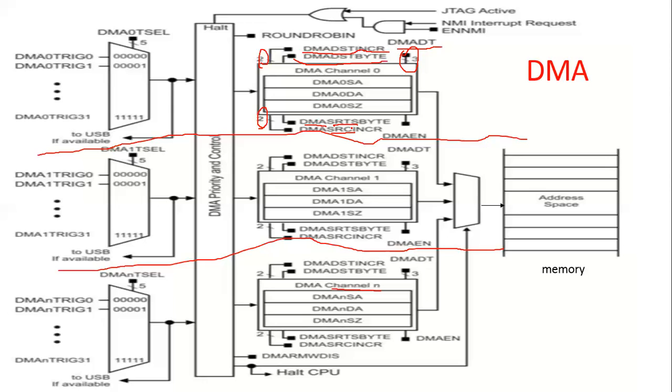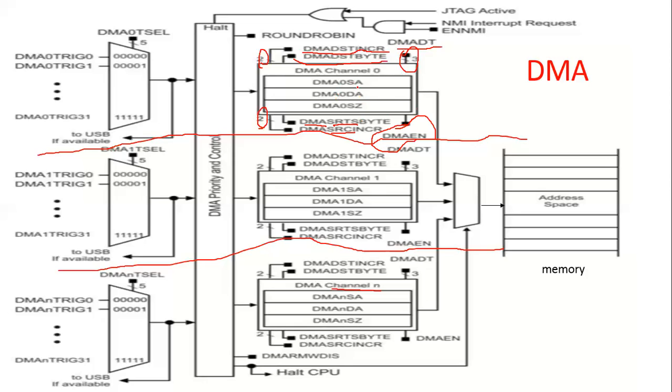Okay, the source address may be 8-bit or 16-bit, which may be selected by using the SRTS byte. Then here you have to observe this very important thing. What is that? DMA enable. That means the DMA channel whose operation will be involved will be made active by using this. That means DMA enable will be 1, then only channel 0 will be in the active position.